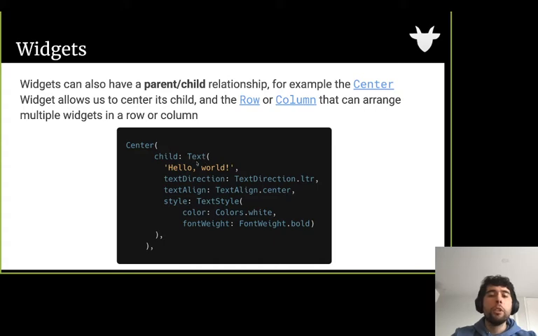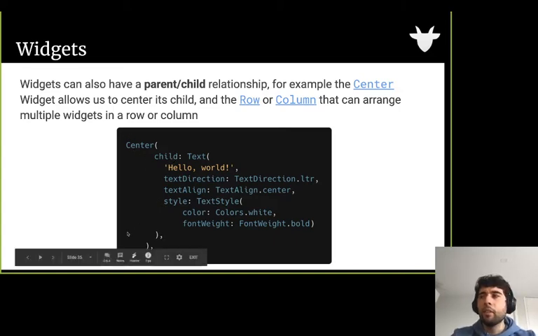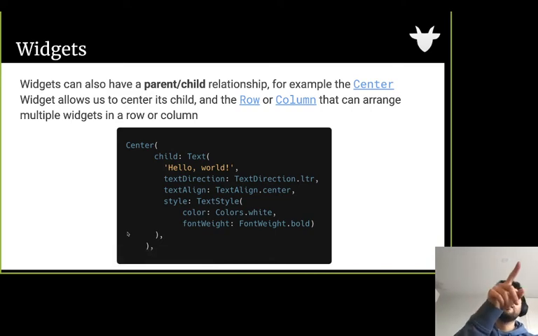So if I have a text widget and I want to center it on the screen, I'm going to wrap it inside a center widget that has a single property called child. This will result in something that we'll see in basic Flutter apps that will have a tree like this. The effect is called Kamehameha or Hadoken, where we have large chunks of code that are inner brackets, which is the widget tree. So one widget has a child which is another widget, which has a child that is another widget, and so on. Apart from the center, we can also have other widgets such as the row or column that are used to arrange multiple widgets, as the name implies, in a row or a column.